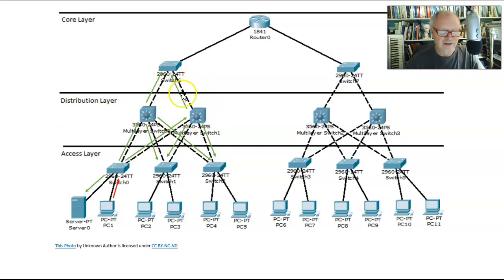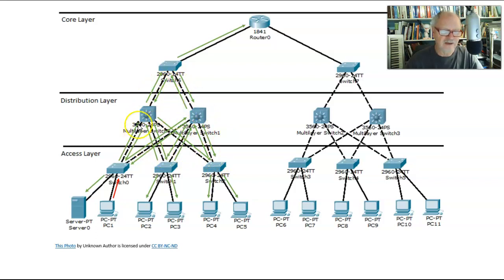And then you can see what happens here in that now this switch, let's say down here, switch 2, doesn't know where PC2 is, so it forwards out of all of the ports except for the port on which that frame came in. And now you can see what's going on here.